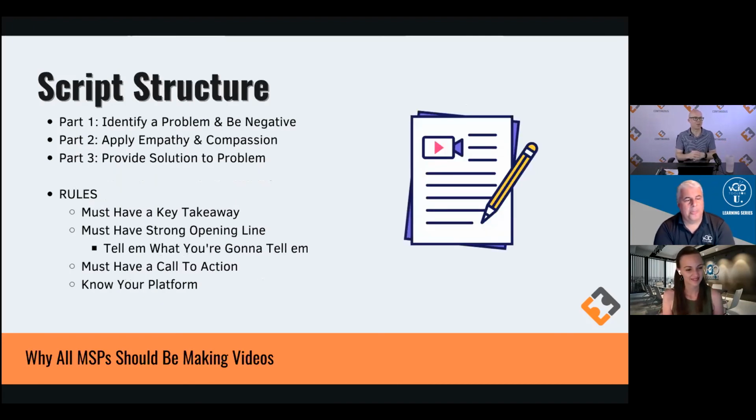All right, the script and the structure. This is really important because before you take out a camera, before you do anything, you have to write a script. The script is the absolute most important part of doing all of this. And what I do is sit down and write all of my specific scripts before I ever touch anything. And then I go and I look at them. I look at them through a lens of,